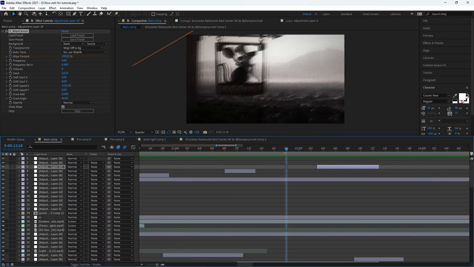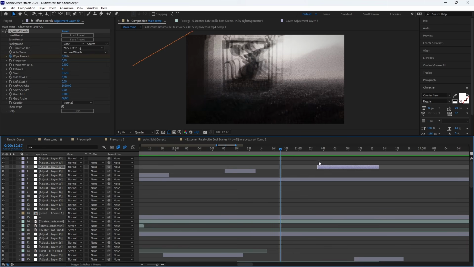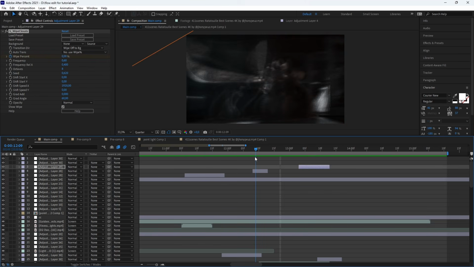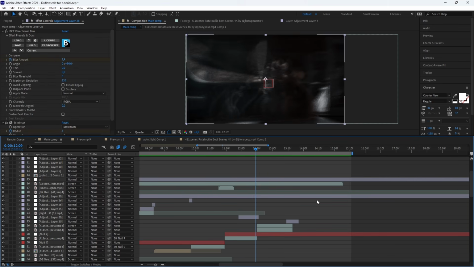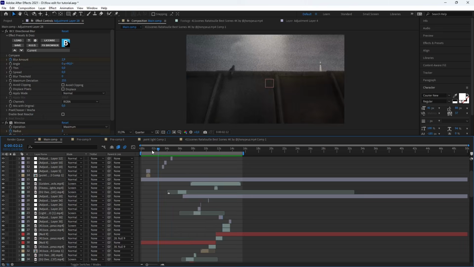And so it goes black, but it's not just a basic fade out, there's something on it. And actually that's it, that's all the transitions.